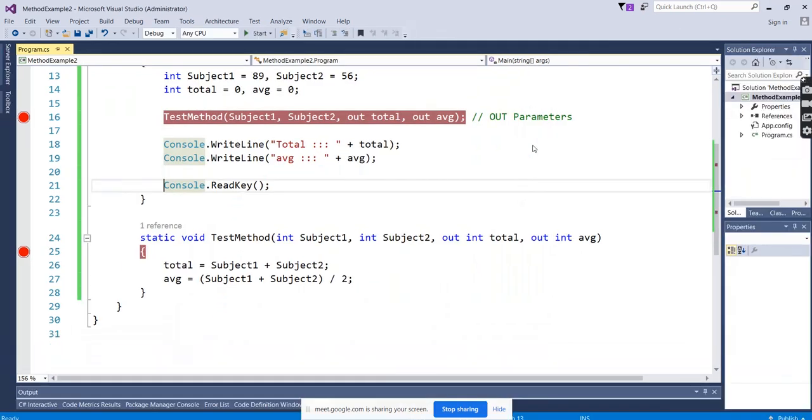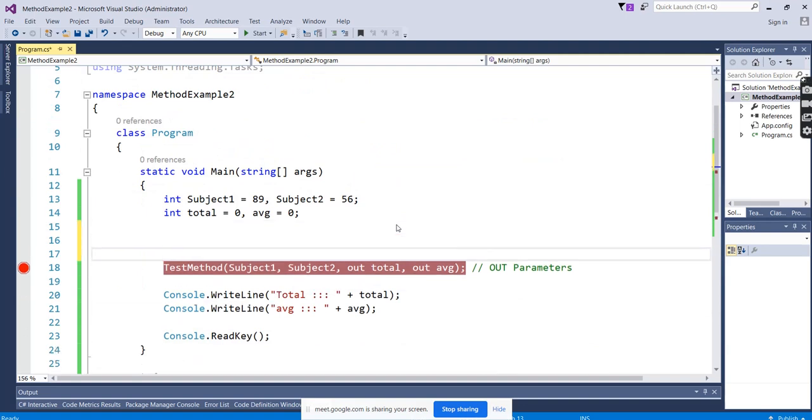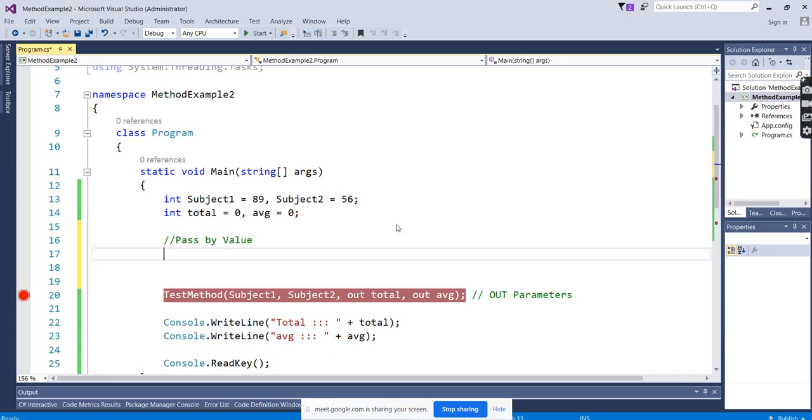Okay, this is known as an out parameter. I think this is a very standard interview question also, and even in our coding we will use this frequently. So this is very important to remember. Today what we discussed are all top interview concepts and very top concepts about methods, right? Pass by value. Second one is pass by reference.